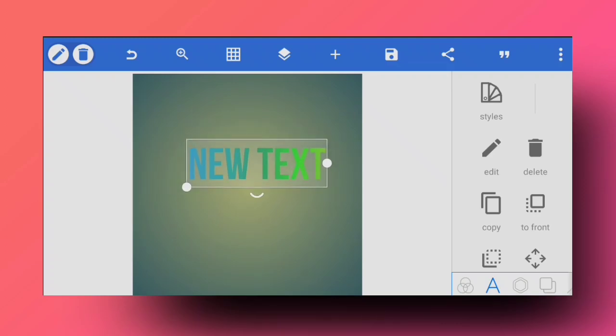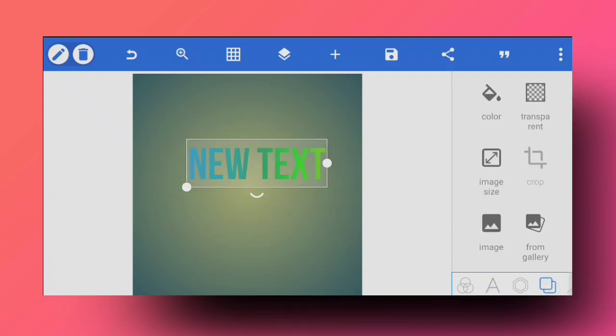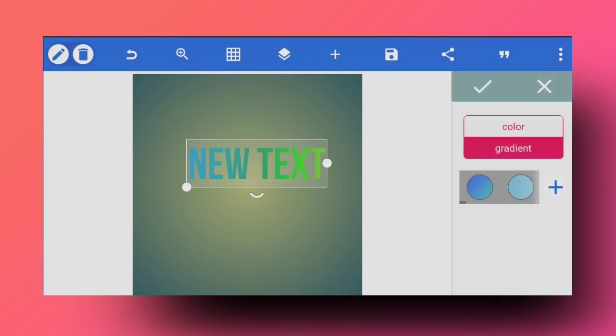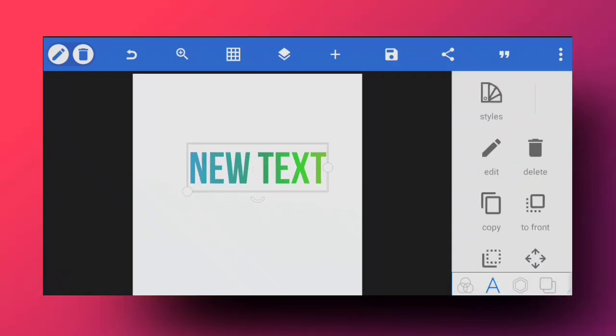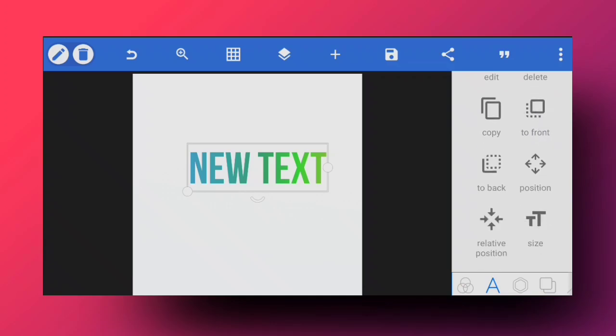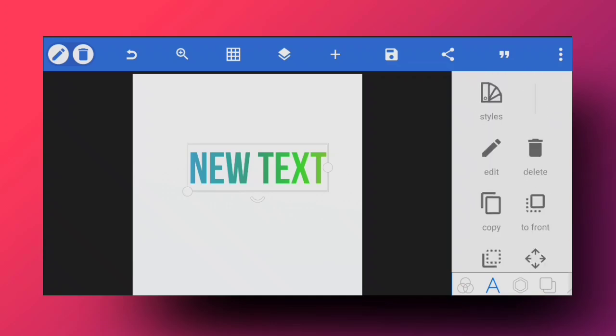Moving on again, we will also go back to this section right here, and I will change the color of the background. So I'm just going to get a white background text. That's it. Now we have selected the text, and I'm going to go to the text tool right here, selected that one, and we've got covered with the styles right here.